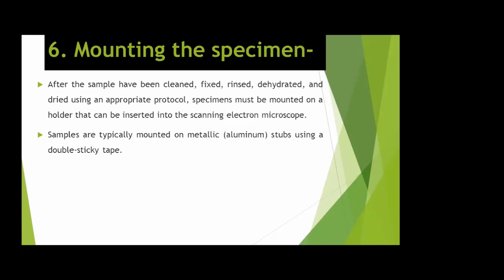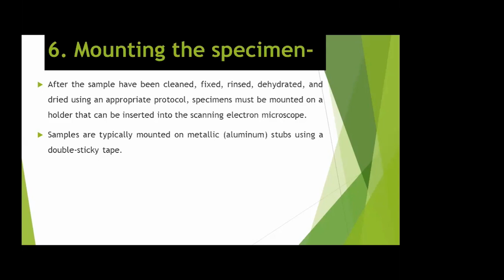Whenever we use mercurial preparations like Rasakarpura, etc., you have to specifically inform the scientists regarding the possible interaction between mercury and the aluminium, because it is our experience that in one of the thesis works, as the scientists had no idea about this interaction, the entire stub got destroyed. So you may have to coat your specimen in such a way that it doesn't react or interact with the aluminium stub, or a stub made of some other metal may have to be used in such situations. So this is something that you have to keep in your mind.